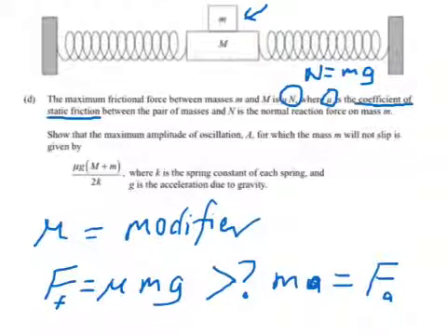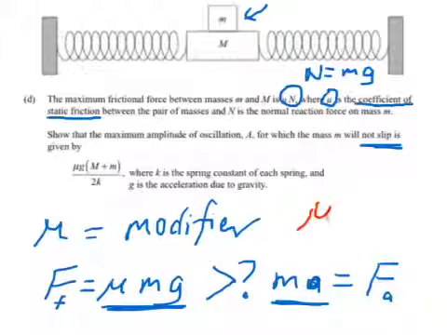So going back up to the question, it's show that the maximum amplitude of oscillation for which the mass will not slip, which means the mass is not slipping in this case, that means we're dealing with ma that must be less than mu mg. Okay, so let's just write that as our sort of semi-equation, if you like, because we're after the maximum, so we can say it can't be greater than